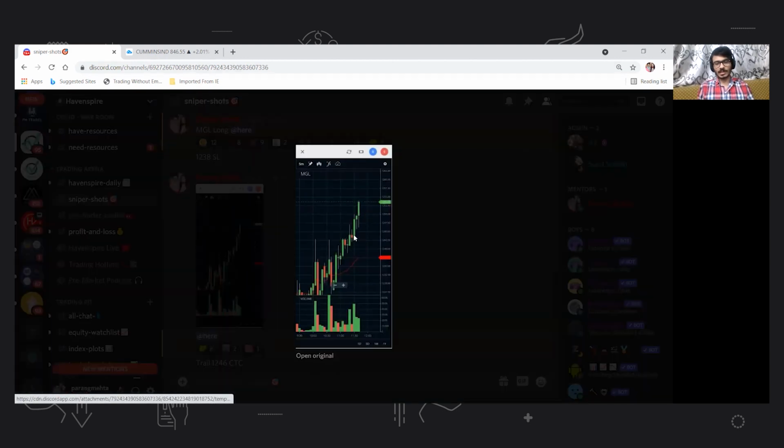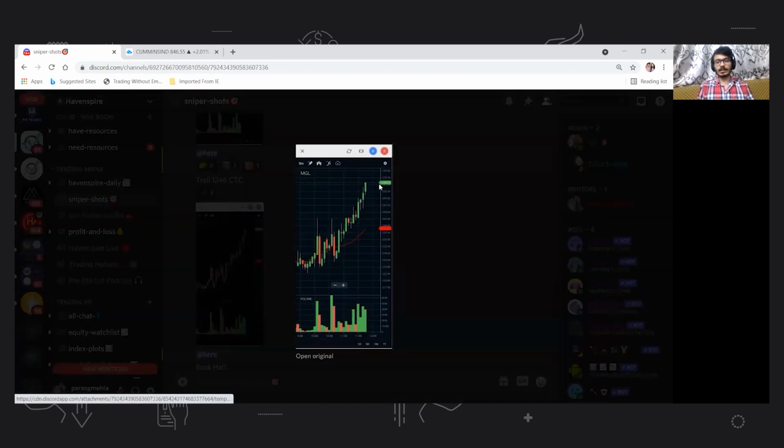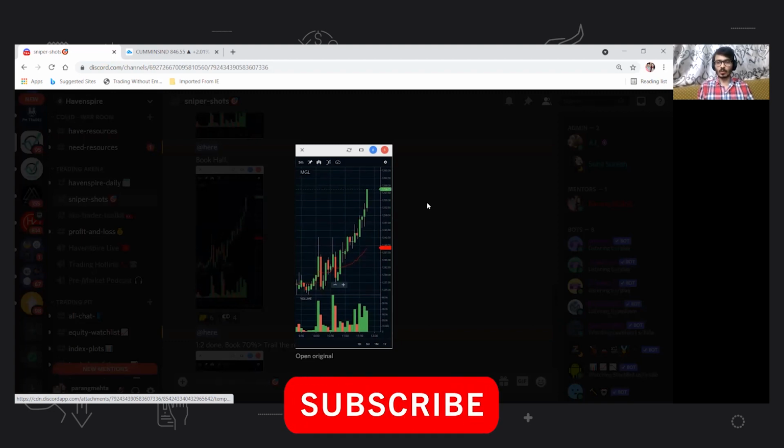So this is the precise place where we entered, and I'll show you it in the bigger chart. And then we immediately saw a very big push happening, and it moved quite nicely with a spike in volume. This is the place where we booked half, around 1260. So after gaining around 16 points after risking 6 points, which is around 1:3,